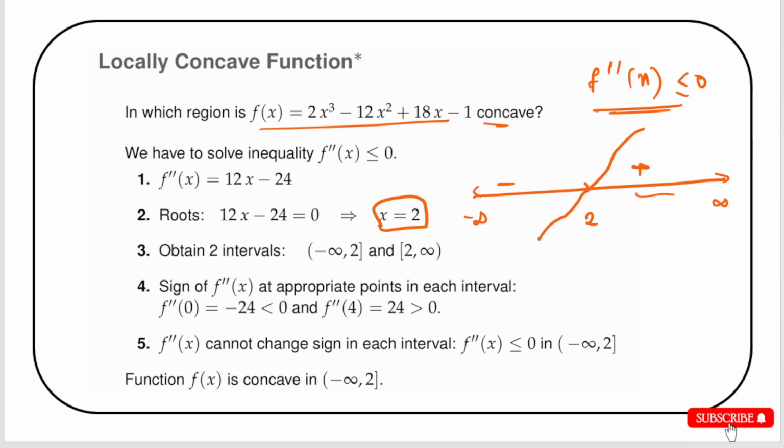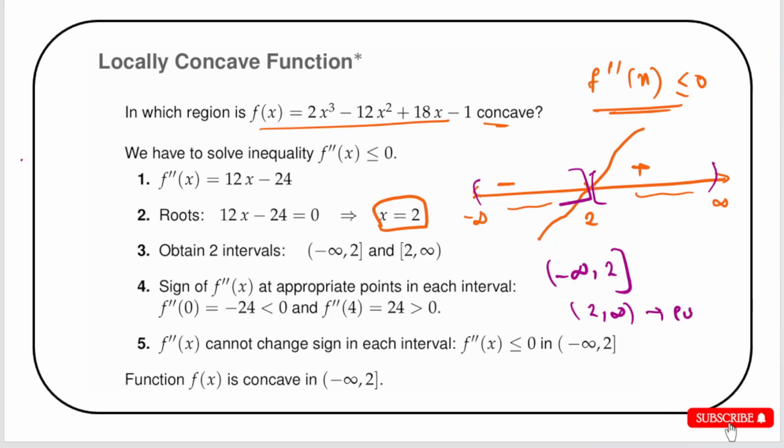So here you have a positive thing, here you have a negative thing. So in which region will the function be concave? Find the region where this is less than 0. So it will be from minus infinity to 2, right? In this region the function is concave,